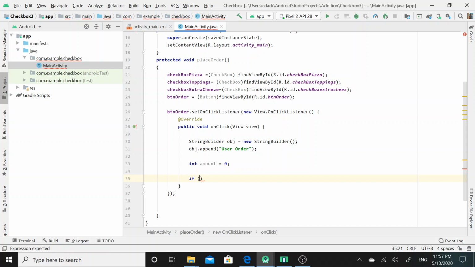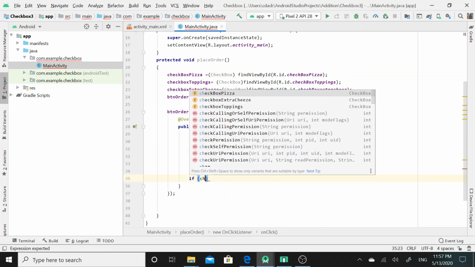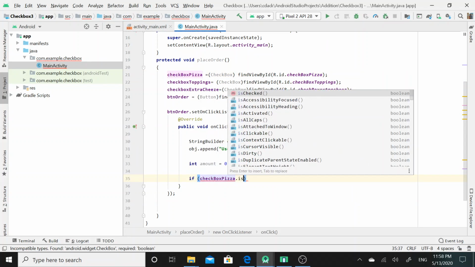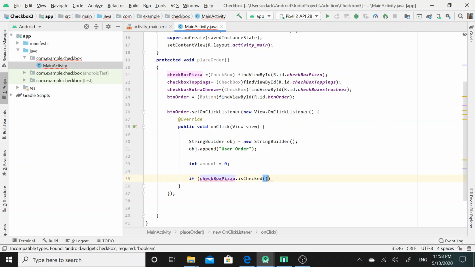Then with the help of the checkbox pizza reference of the Checkbox class, I would call here the isChecked method.